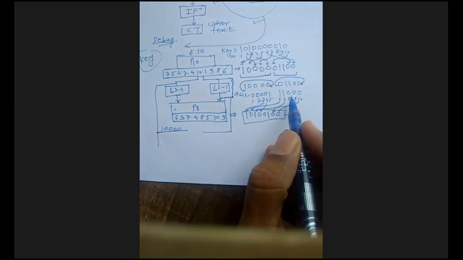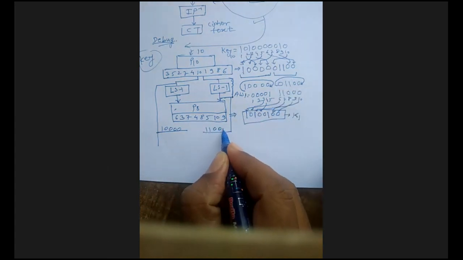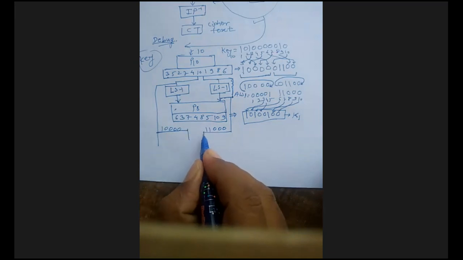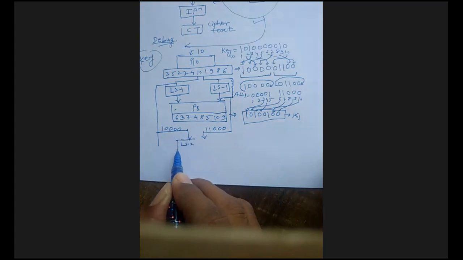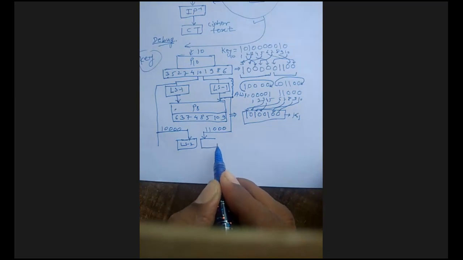Now, what have I done? See, this is the number that I have got: 10000. Because only 10 minutes are remaining, I have to go a little bit fast. So 01100. Okay. So that I have shifted it. So after shifting, which is the number that I have got? 11000. Okay. Now take this for our shifting 2. So that I have put the shifting 2. Okay. So that is for my LS2 over here.